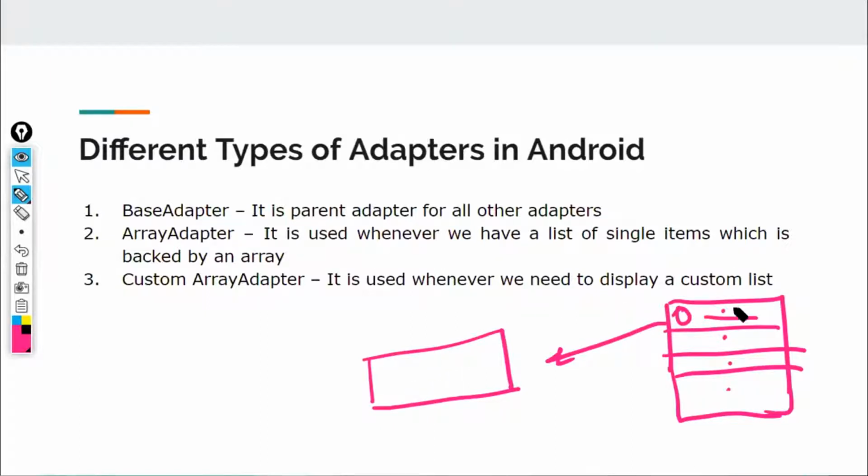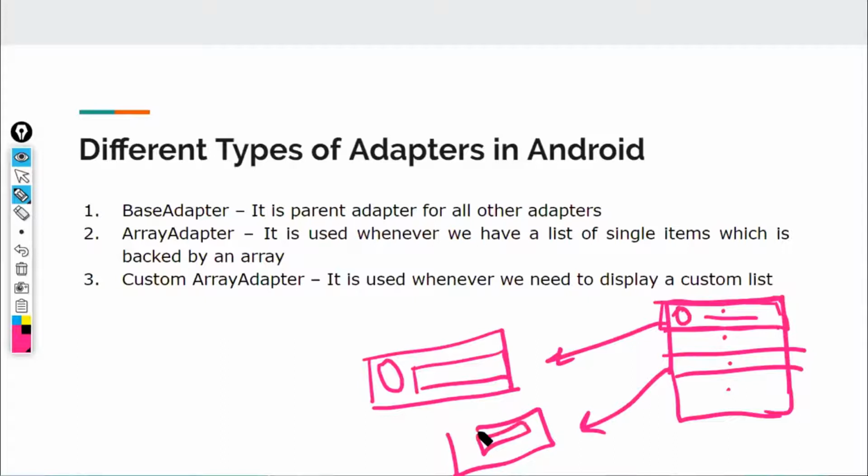If I want in my list view to display a list of names, and with the list of names I want the image of the person also, then if I want to design just this UI component, what shall I do? I'll put an image view. So this is something which you have customized. All these types of views, you can create your own custom list view also. What Android is providing you is a simple list view, which has a UI component that is nothing but a text view. Is it clear, guys? So what you can do, you can customize things. You can also add more text views to it.